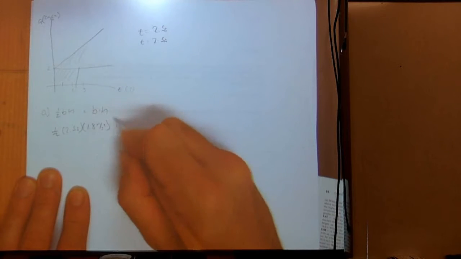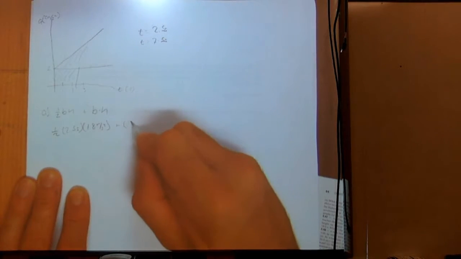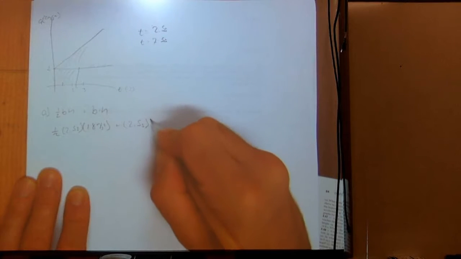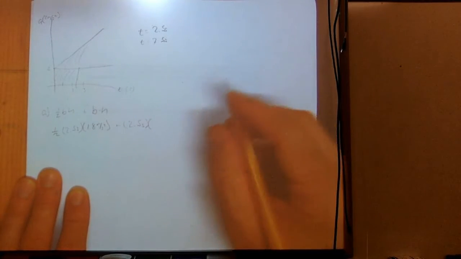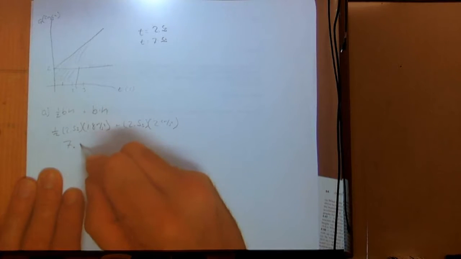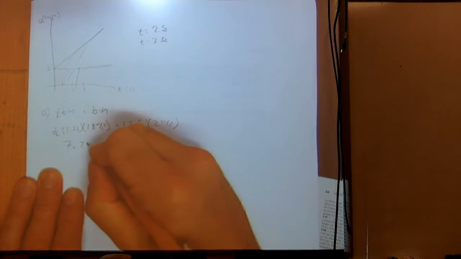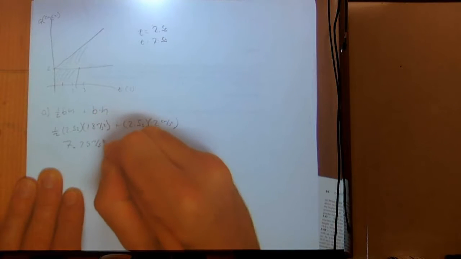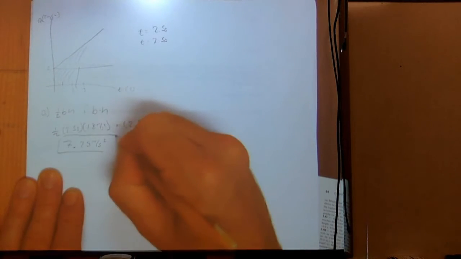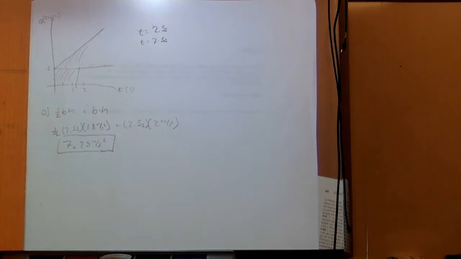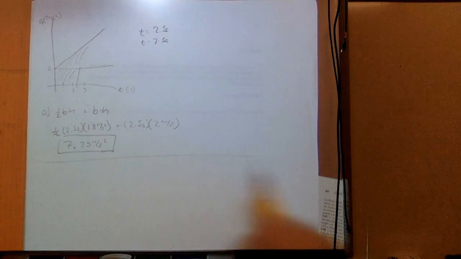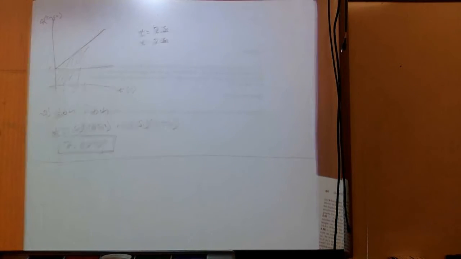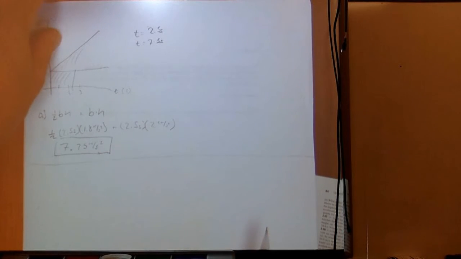And then we do the same thing, plus base times height. Again, my base would be 2.5 seconds, and my height would be about 2 centimeters per second squared. And we would add that together, we get something about 7.25 meters per second squared. Now that's one way to do it, which again is a little bit of simple practice calculus. Now there is a second way to do it, and it's a little bit more elegant, if I were to say so myself. So that second way to do it